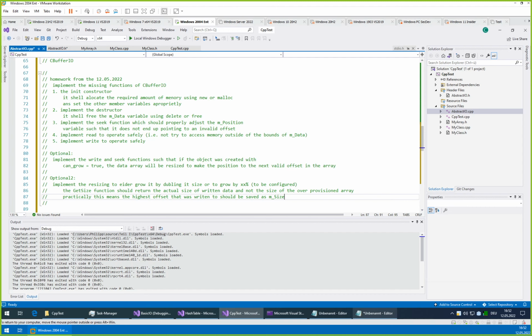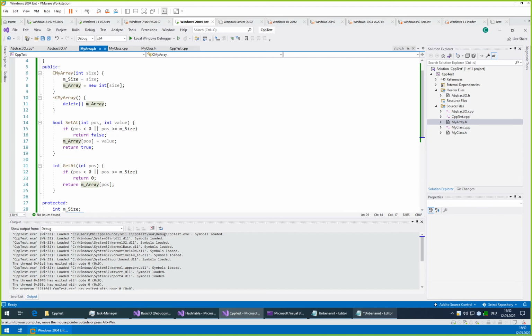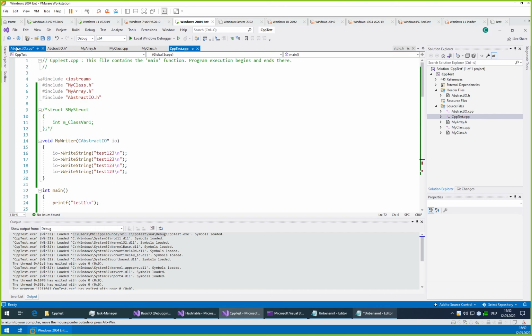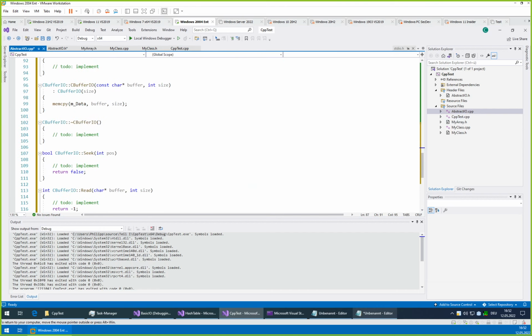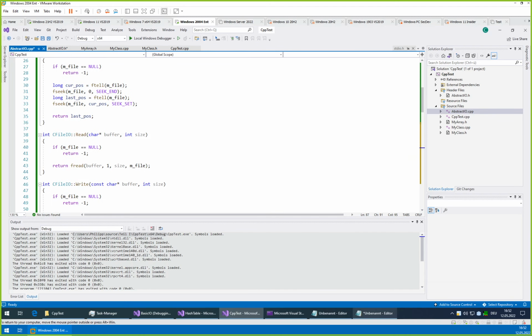Okay, that is, I think, a very good homework. It should be easy enough to do. You have already some demonstration of how to do those things with the myArray stuff, at least a very small basic example. And it demonstrates and uses in a very nice way all the capabilities of C++ that we have seen today. Are there any questions at this point?